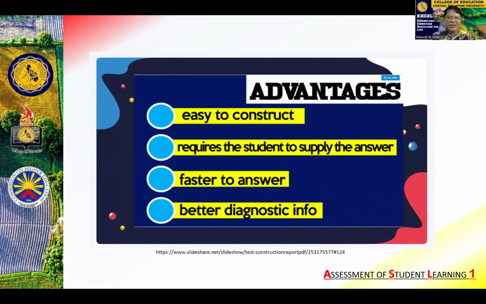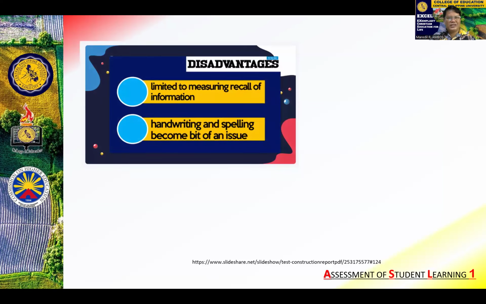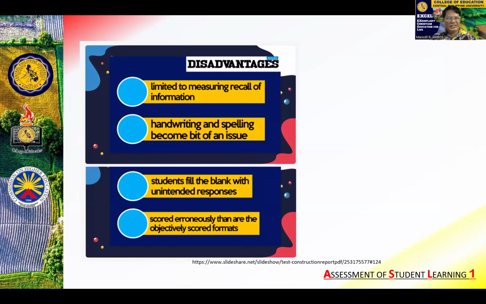Okay, for the advantages, it's actually easy to construct. Then it requires the student to supply the answer. It's faster to answer, of course, and it gives better diagnostic information. For the disadvantages, there is a limit to measuring recall of information, and handwriting and spelling become a bit of an issue. And the students fill the blank with unintended responses and are scored erroneously, unlike, of course, the objectively scored